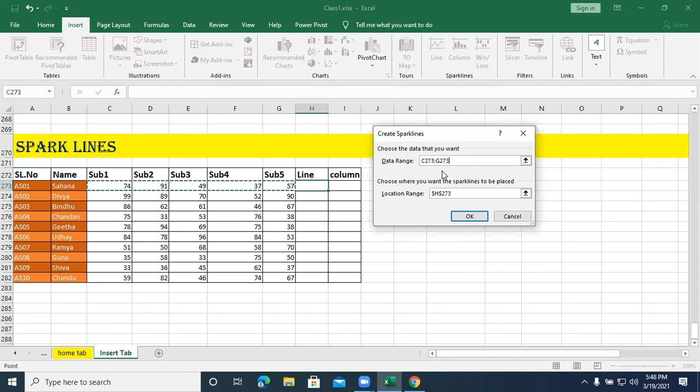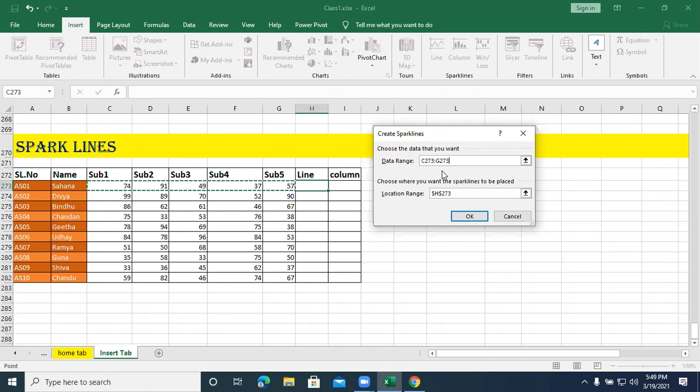Nobody is replying. What are the types of cell references? At the beginning of the class also we discussed. Which type of cell reference is the data range? Very good, it is relative.